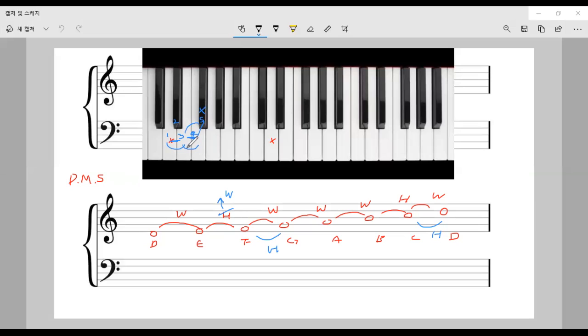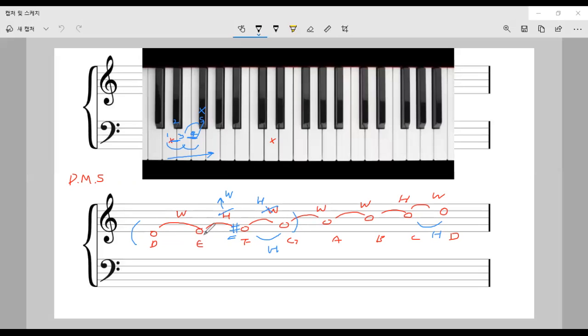So what is this note? What is this keyboard? The name? This is F sharp, right? This is F sharp. This is not G flat because we are going to go up. We're not going down, right? So you have to put sharp. Then what happened? E to F sharp is whole step, and F sharp to G is automatically changed to half step, right? Okay, so here we satisfied 3, 4 is half step, and then